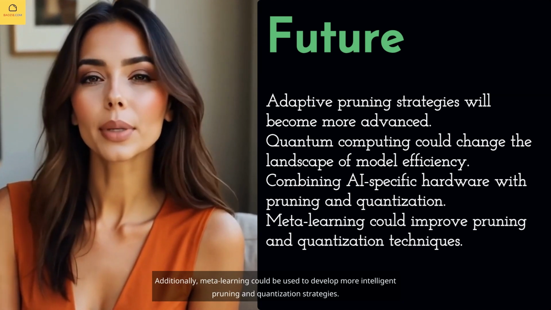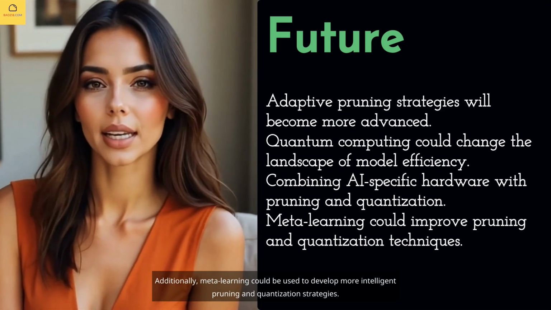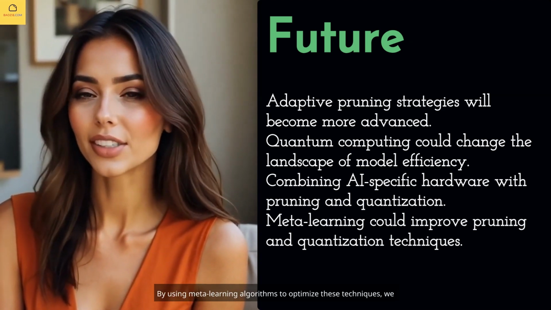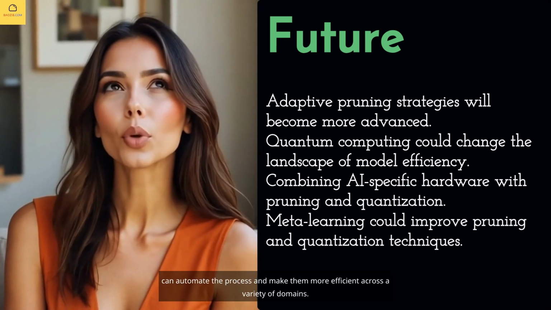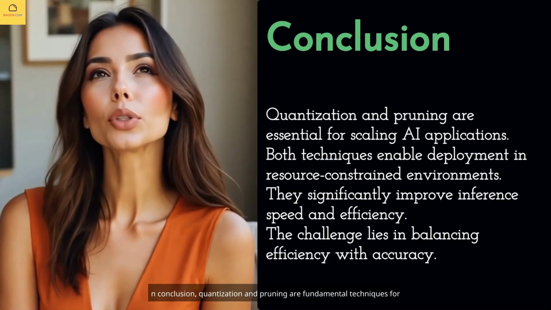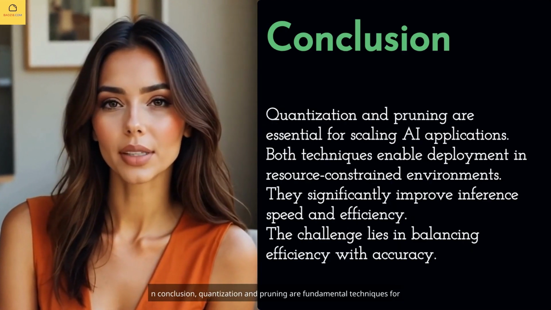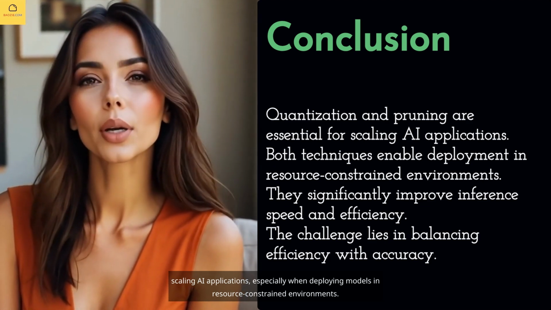Additionally, meta-learning could be used to develop more intelligent pruning and quantization strategies. By using meta-learning algorithms to optimize these techniques, we can automate the process and make them more efficient across a variety of domains. In conclusion, quantization and pruning are fundamental techniques for scaling AI applications, especially when deploying models in